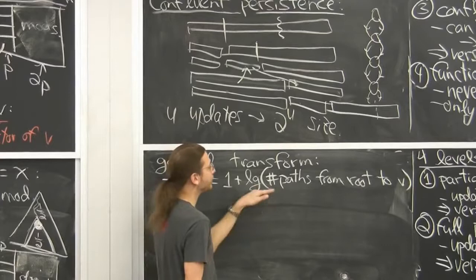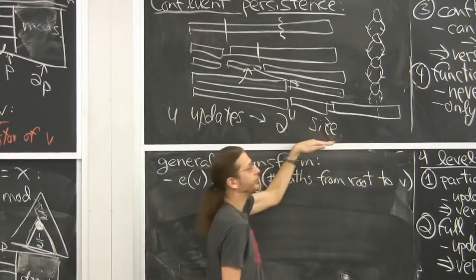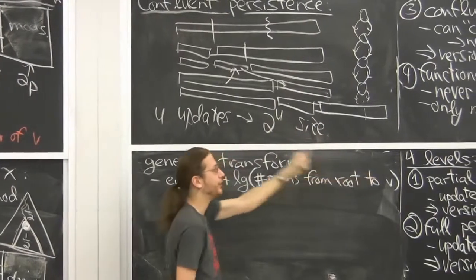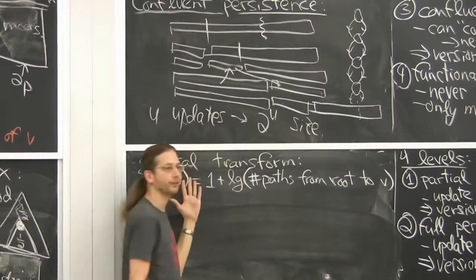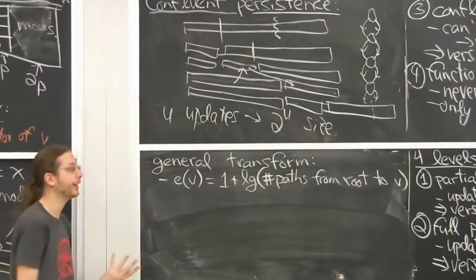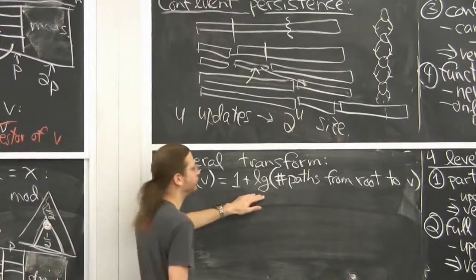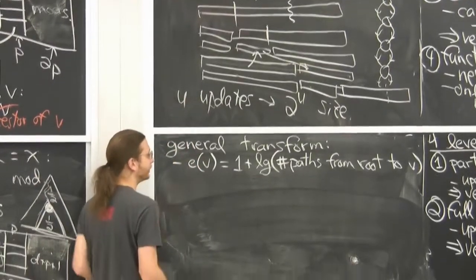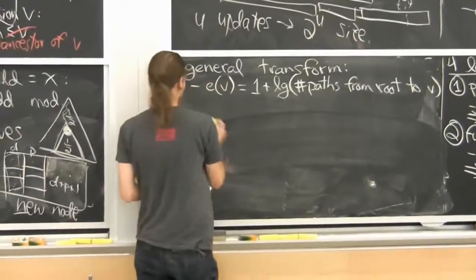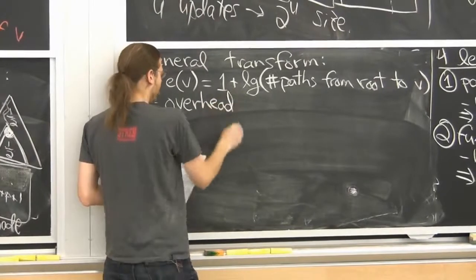But then I can easily measure the number of paths from the root to the same version. At the bottom, I still label it, oh, those are all V. They're all the same version down there. So exponential number of paths. If I take log, I get what I call effective depth. It's like if you somehow could rebalance that tree, this is the best you could hope to do. It's not really a lower bound, but it's a number. It's a thing. Then the result they achieve is that the overhead